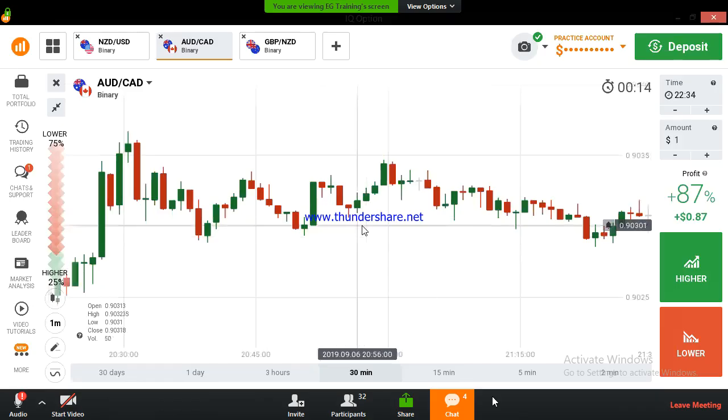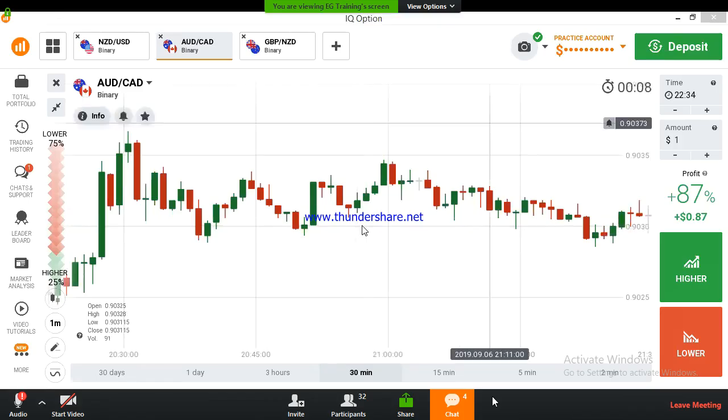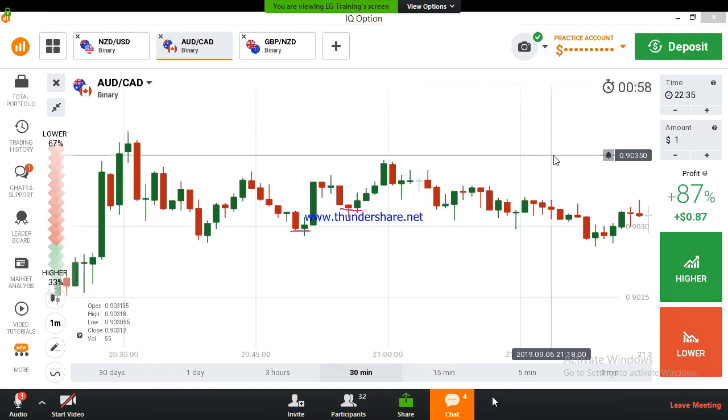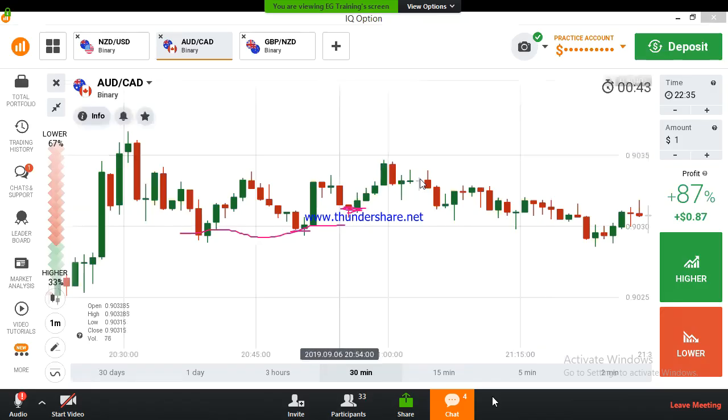Sir, one doubt. Yes, Rajesh. Here there are a number of levels, I mean a number of reversals here and there. How can we identify? I think the strong level is here only, but it reverses from here itself. How can we identify that it will reverse from here itself? Because it didn't touch the strong level, it reversed from above only.